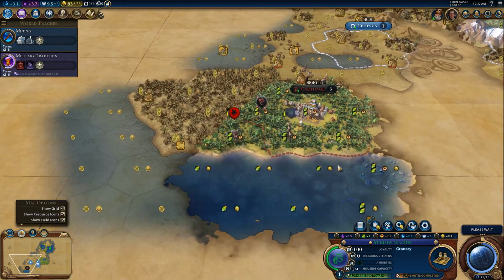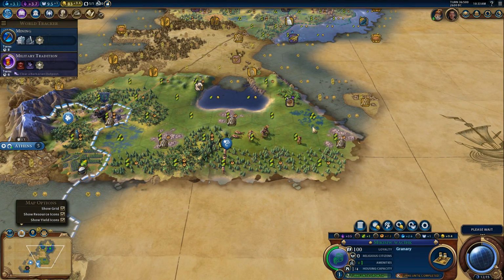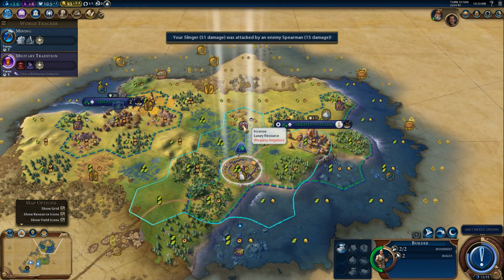Oh, what's going on over here? You're having trouble with your barbarians. I'm having trouble with barbarians as well over here. Would you like some tea? We have tea. It's nice tea. Indian tea. Not the Indian tea you were expecting, but...